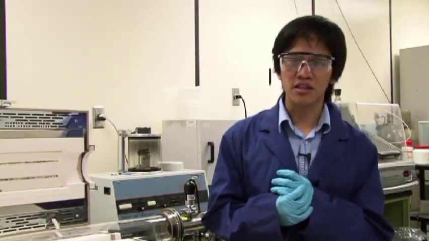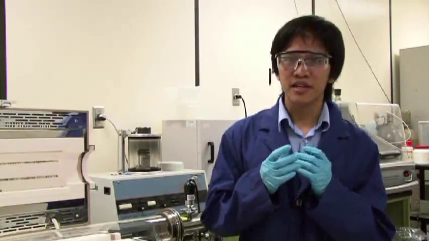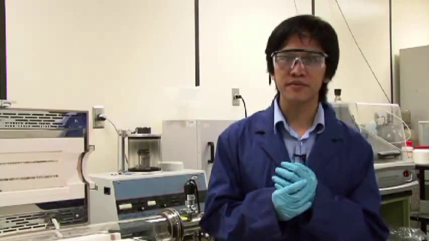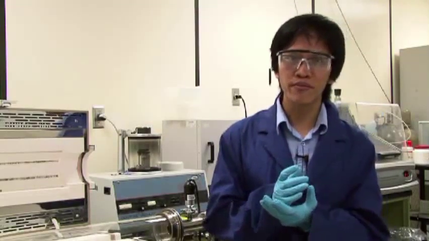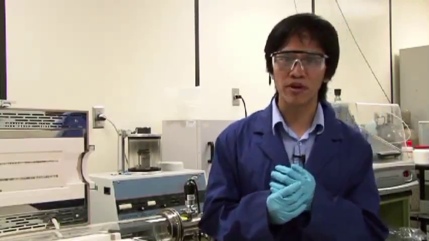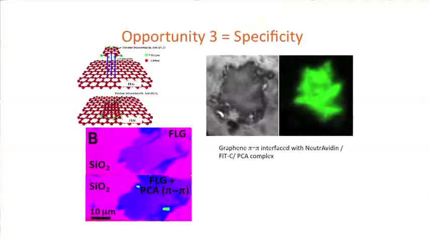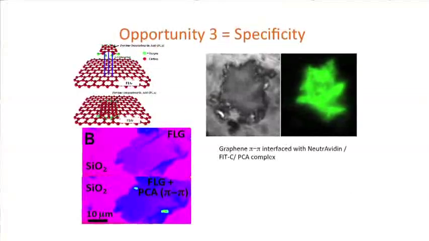In one of our experiments, we conducted the pi-pi interfacing of graphene with a neutravidin and PCA complex. In this complex, we also introduce a PCA, which is a dye molecule, which helps us to observe under the confocal microscope. The picture below shows the increase in the contrast, which represents the pi-pi